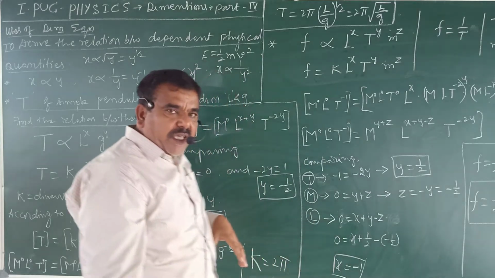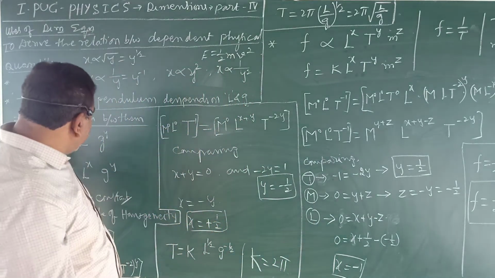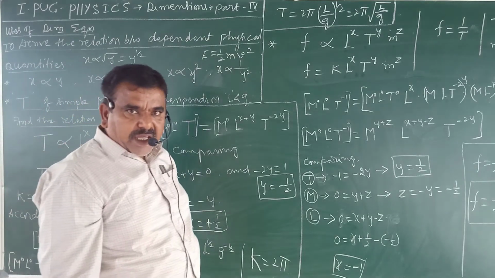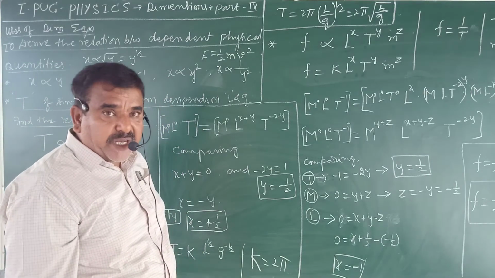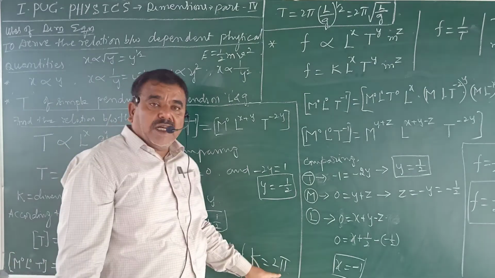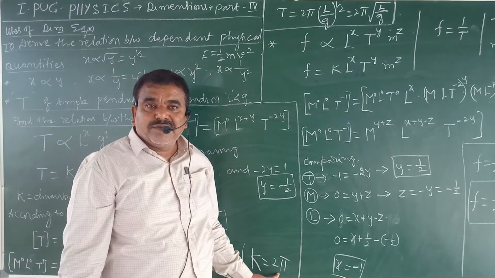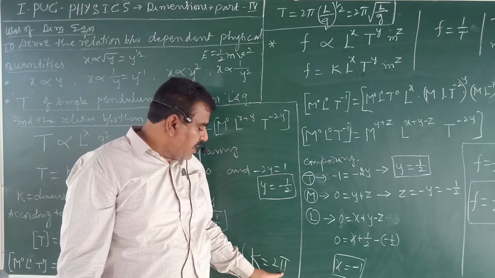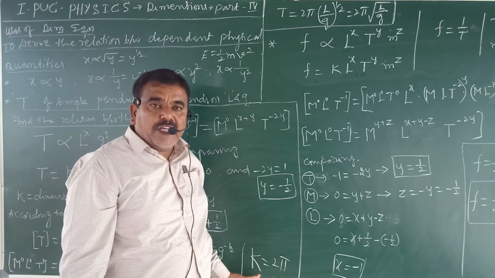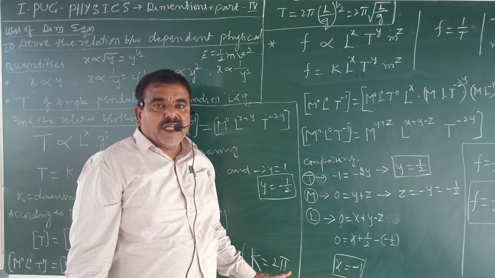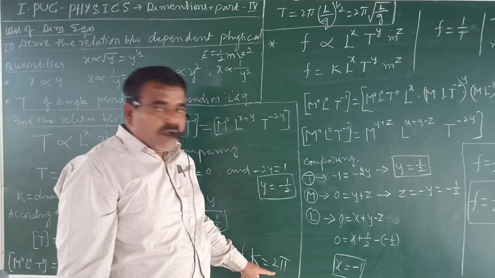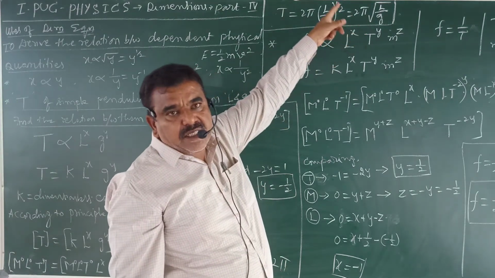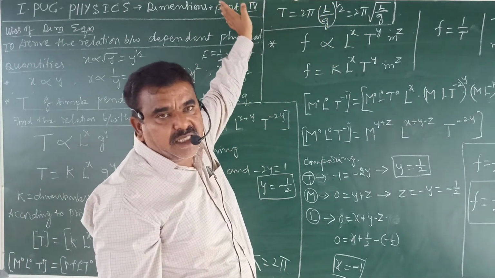Okay? So these are all the merits of dimensional equations. So what is the demerit? What is the limitation? The value of k cannot be found. This dimensionless constant cannot be found, so to find it I should go for the experiment. I should know the value to find this relation. That is a limitation of dimensional analysis.